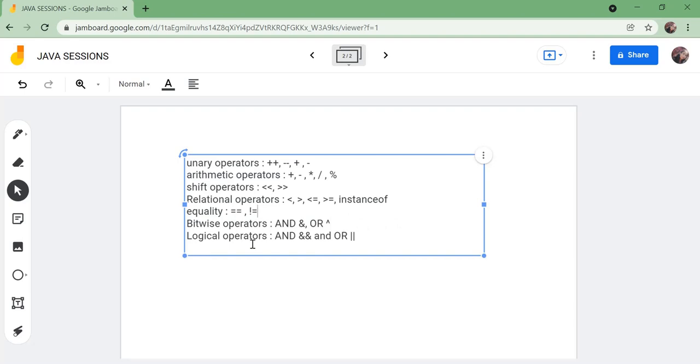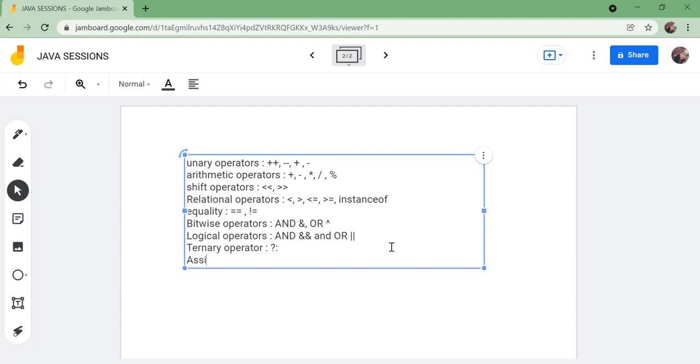And logical operators: logical AND is represented with a double ampersand, and logical OR with a double pipe. And there is also a special operator, that is the ternary operator, which is often used in statements, that is a question mark and colon will represent a ternary operator.